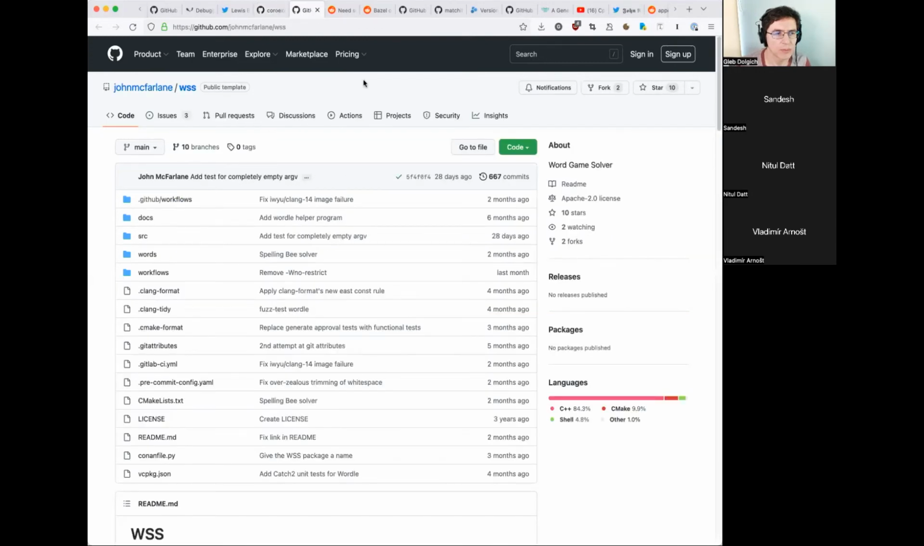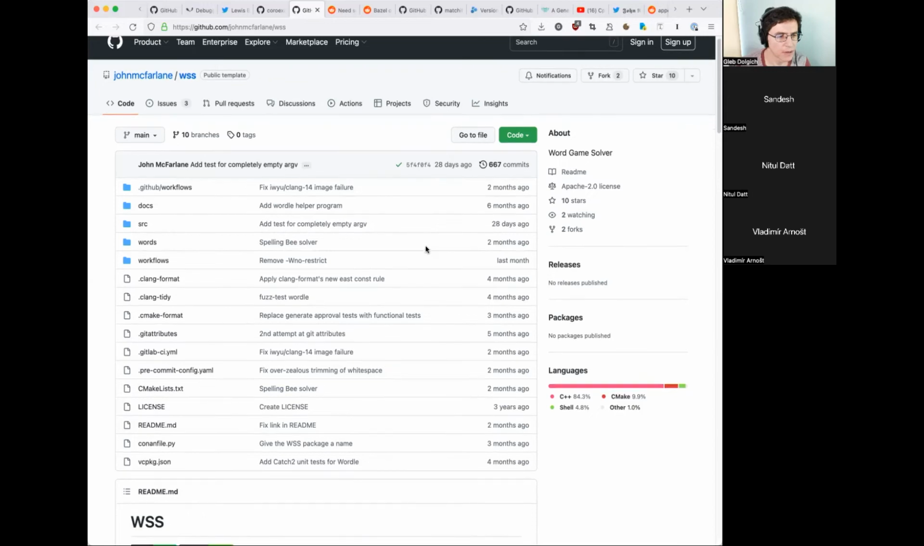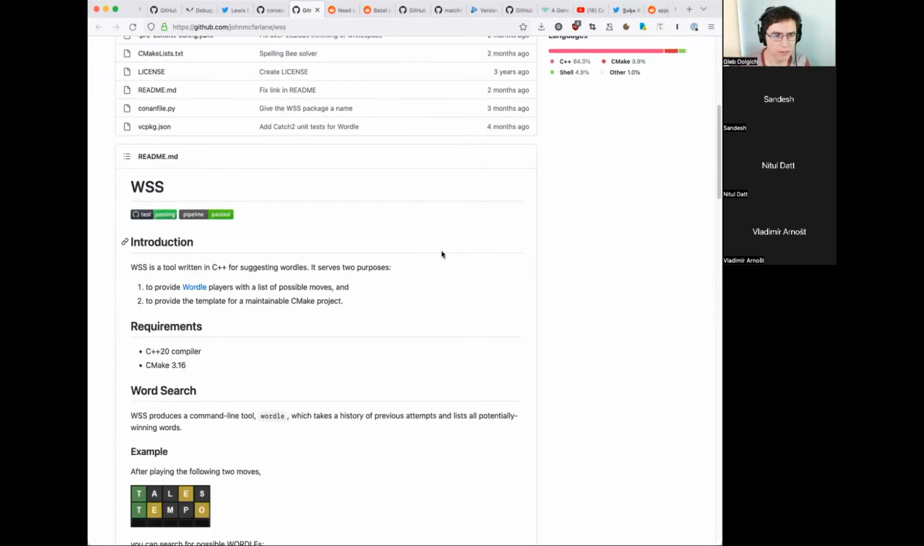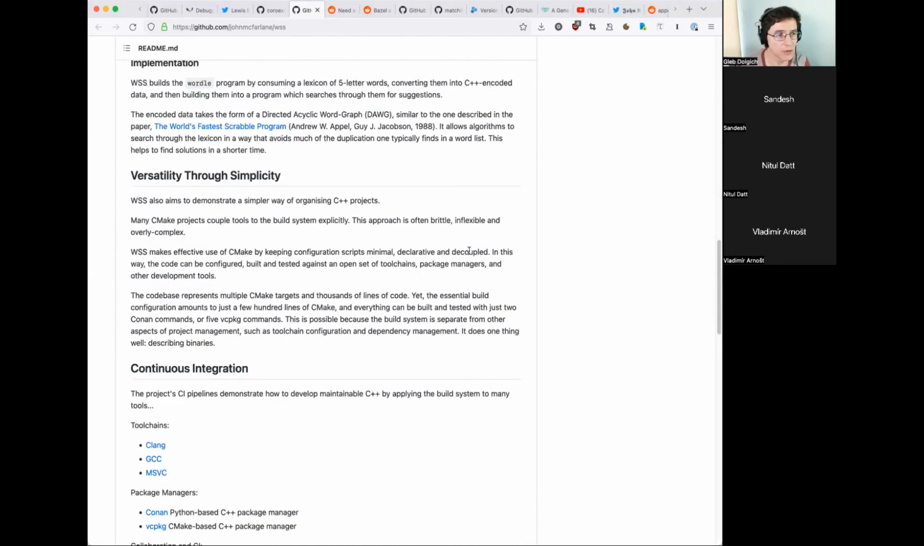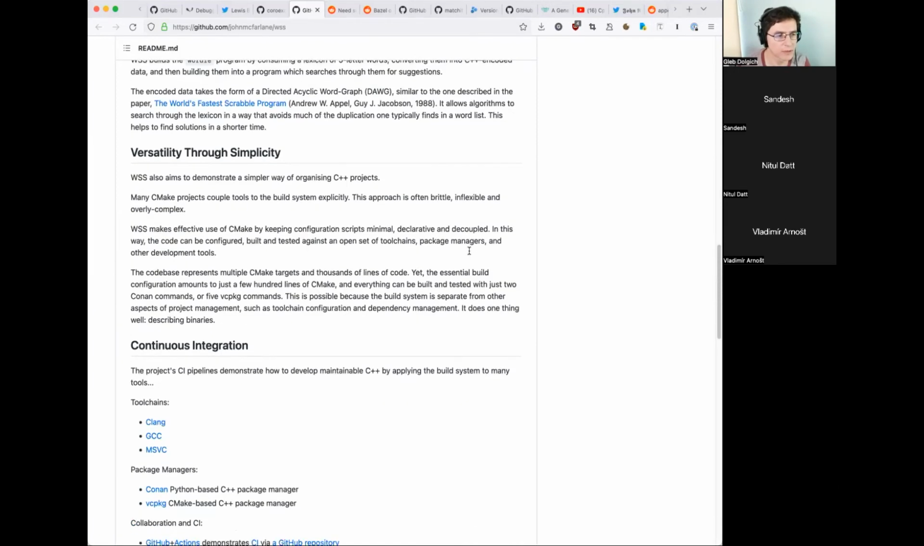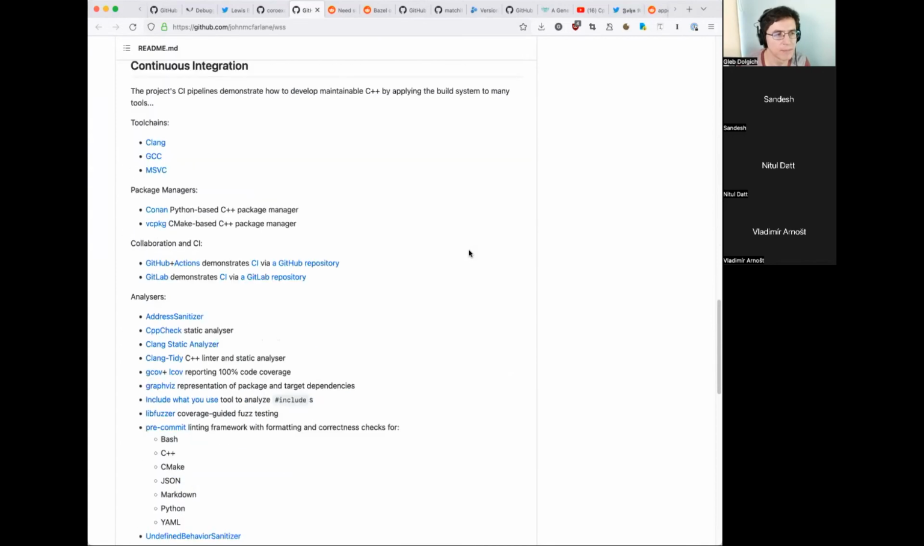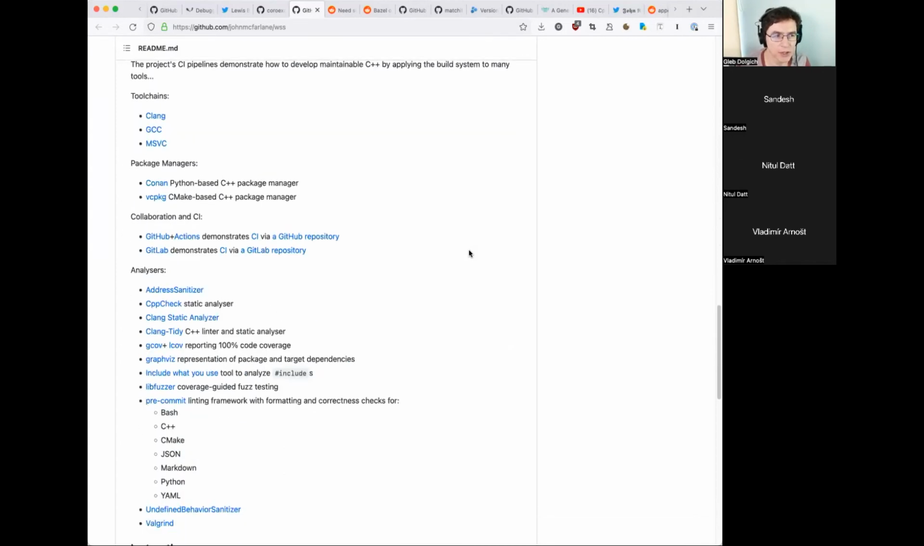And speaking of skeleton projects, John McFarlane created a skeleton project for CMake. It's a Wordle puzzle solver, but that's not its main purpose. Its main purpose is to introduce a template for your own projects that use CMake and C++20. Other useful things that are set up for you by this template are toolchains Clang, GCC, and MSVC, package managers Conan and VCPackage, collaboration and CI GitHub Actions and GitLab,